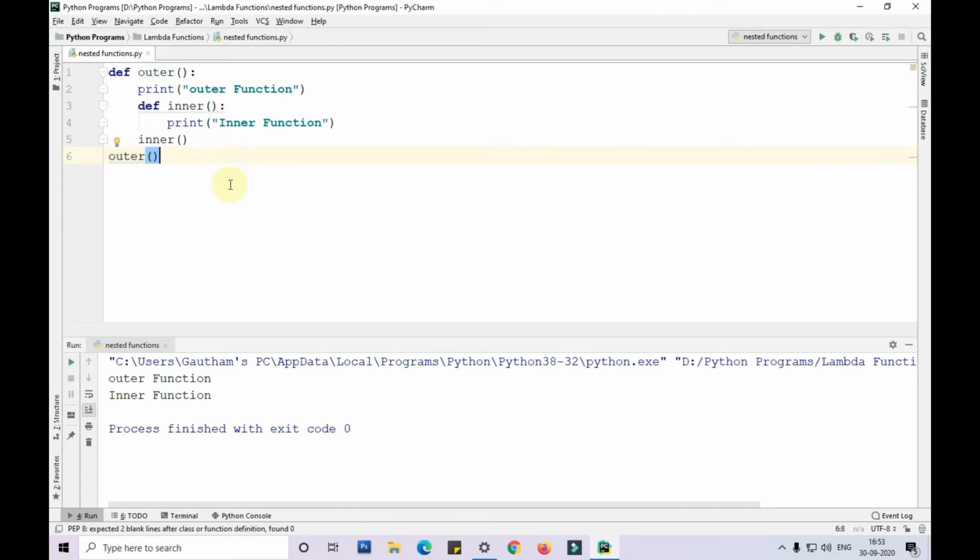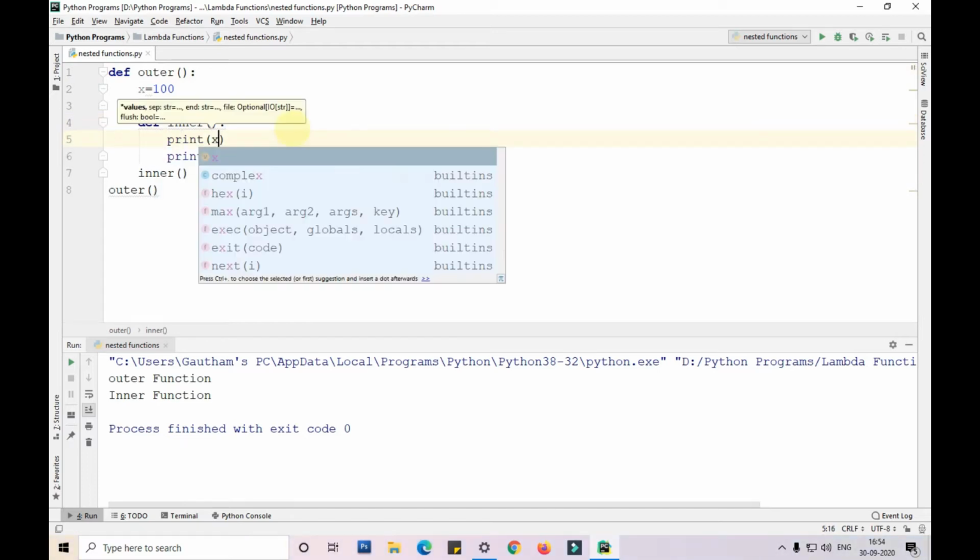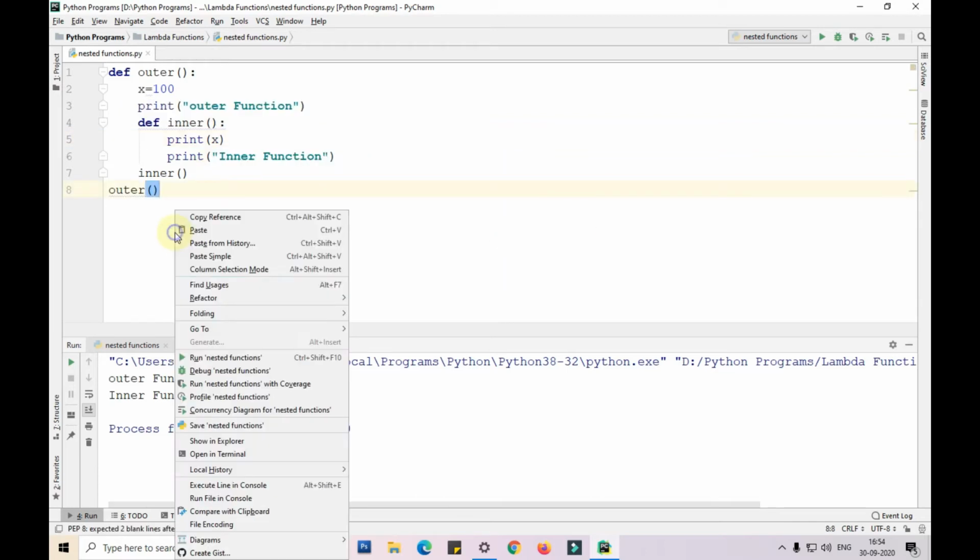So in a similar way, if I am assigning a variable x is equal to 100, we'll see if we can use this x here, since that is not a global variable. We'll see.